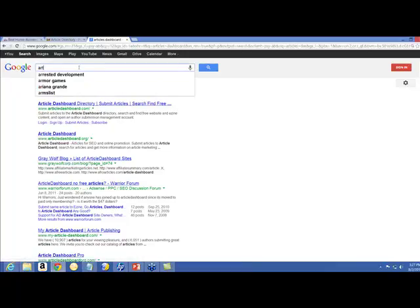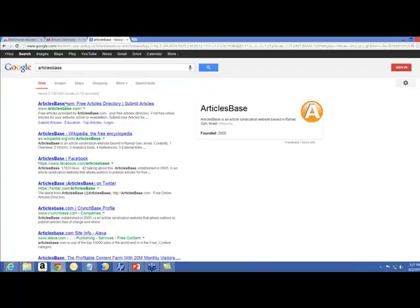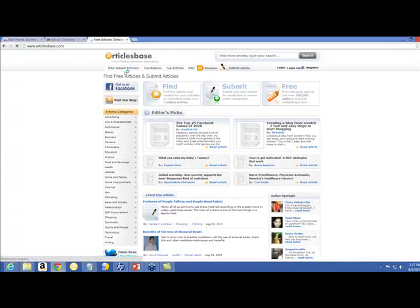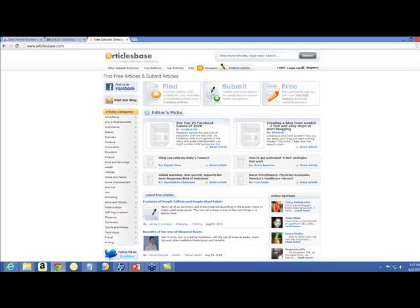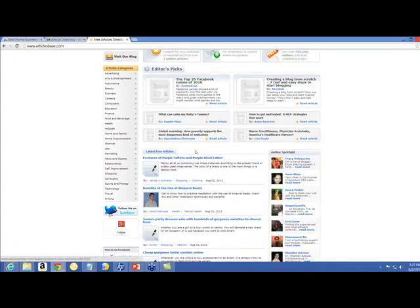Whoop, not article dashboard. It's Articlesbase. That's the article directory, articlesbase.com. This is the big one. Articlesbase.com, goarticles.com, and ezinearticles.com. These are the three biggest ones that will by far get you some of the better